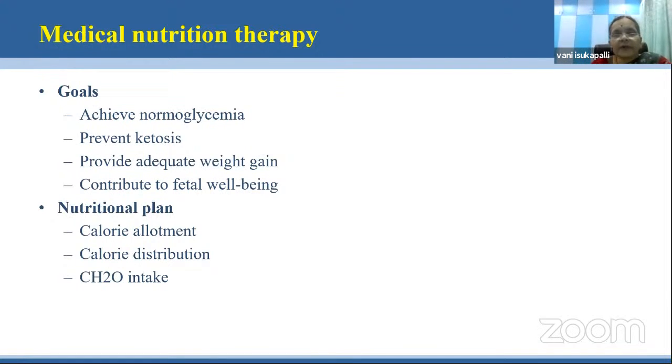And we have to plan the nutrition for the antenatal mother. It is the obstetricians who have to advise the proper nutritional plan. If it is difficult for them or if it is time consuming, we can always employ a dietitian to tell all these important rules.